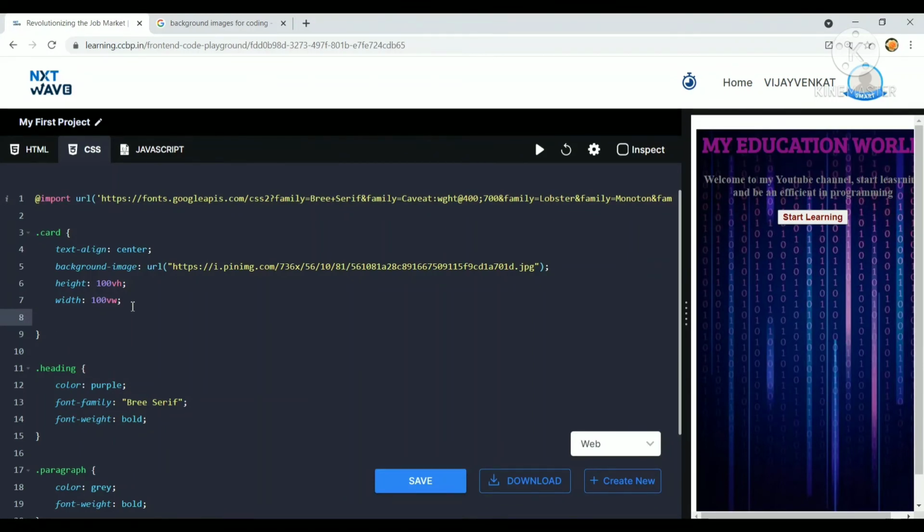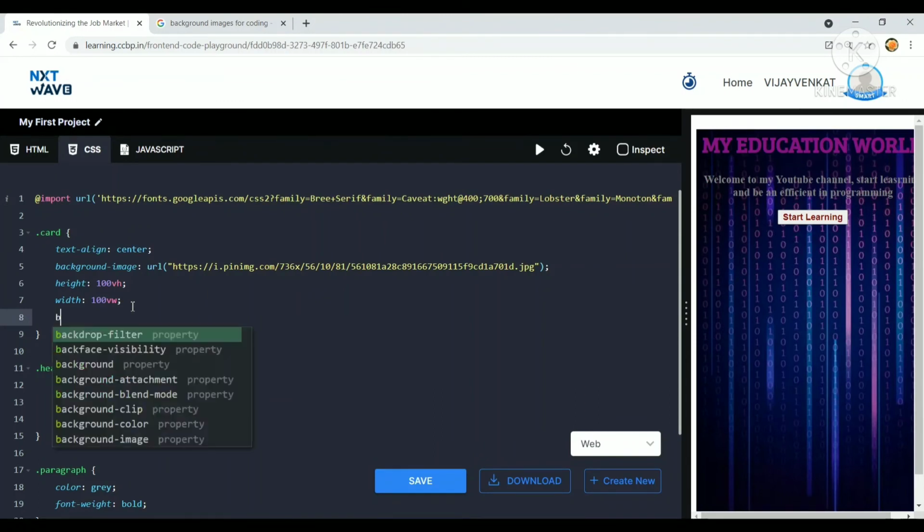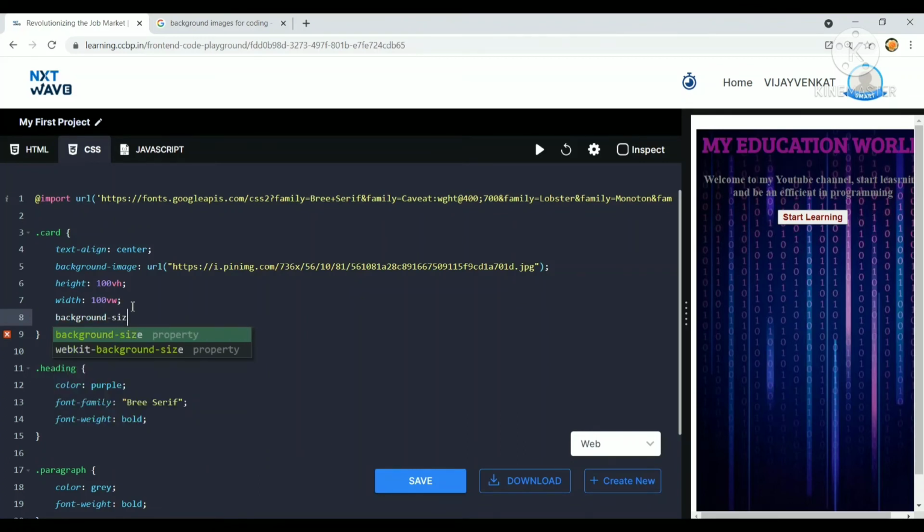I'm adding the property background-size. For this, the property value is cover, because this cover value will help the image on our website appear as a single one.